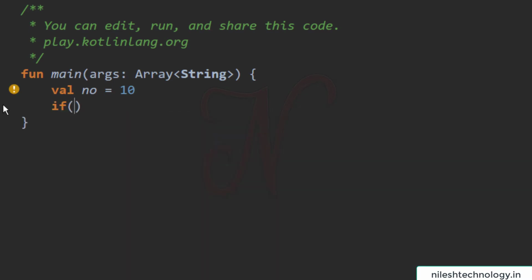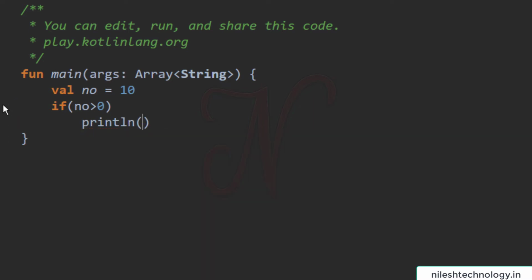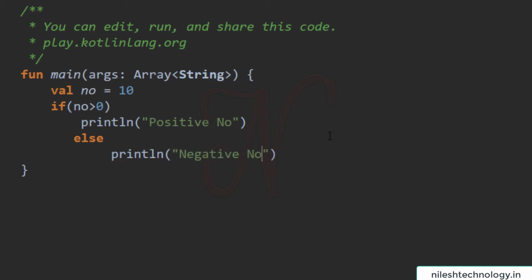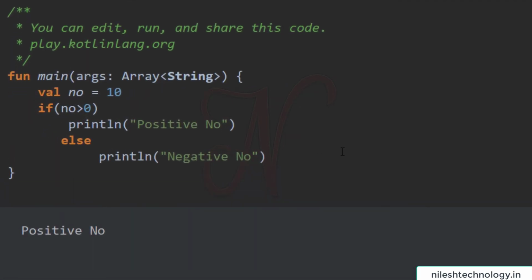Then if your number is greater than 0, println this is positive number. Else println negative number. So see here, after running this code, my output is positive number.